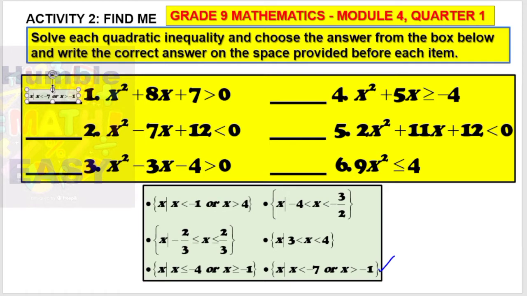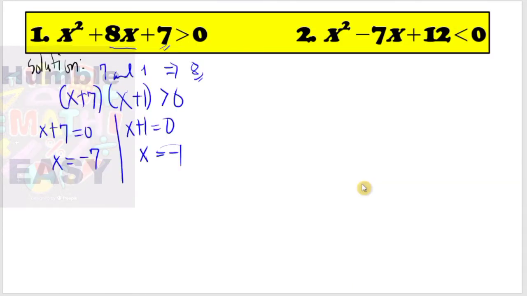Okay, let's proceed to problem number 2: x squared minus 7x plus 12 is less than 0. We are going to check first if the left-hand side of the quadratic inequality is factorable. Since the numerical coefficient here is 1, we're looking for the factors of 12. And since the middle term is negative, we could choose the factors to be